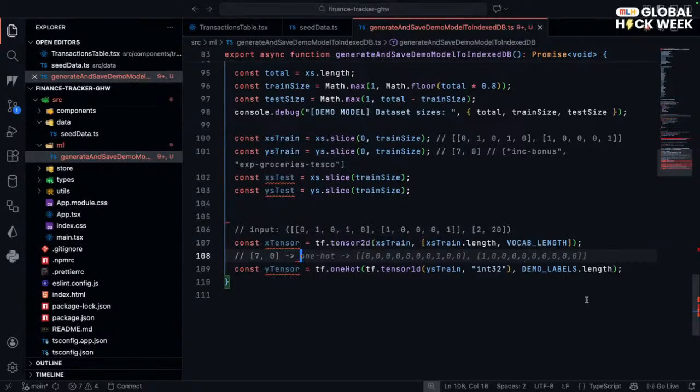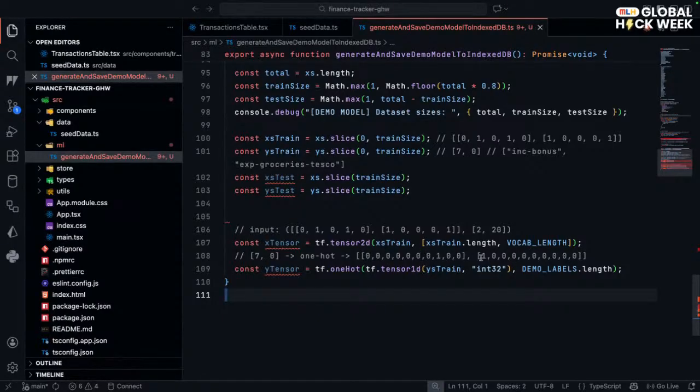So I think this is correct. How many things will I have in my array? That is determined by demo labels dot length. How many arrays I will have will be determined by demo dot length. Assuming this comes out as 2,